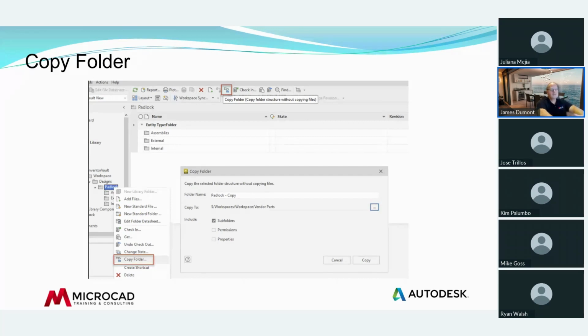So the first one is copying a folder. So you might think about that, what does that mean? If you have a folder structure for a project and you want to duplicate that, some companies will always have, say, a project, another project, and they'll have parts or components, drawings, assemblies. They always have those same folders all the time. They always have to create those folders every time. We can now actually do that. Also, when you do the copy,